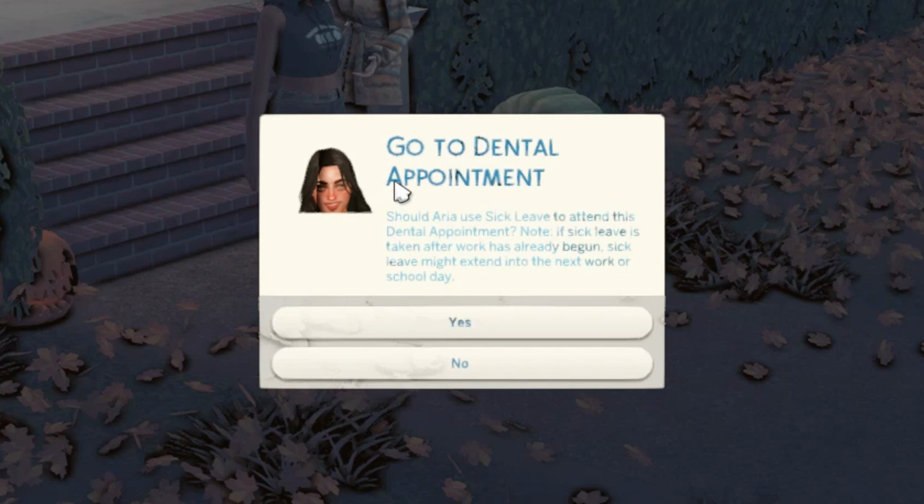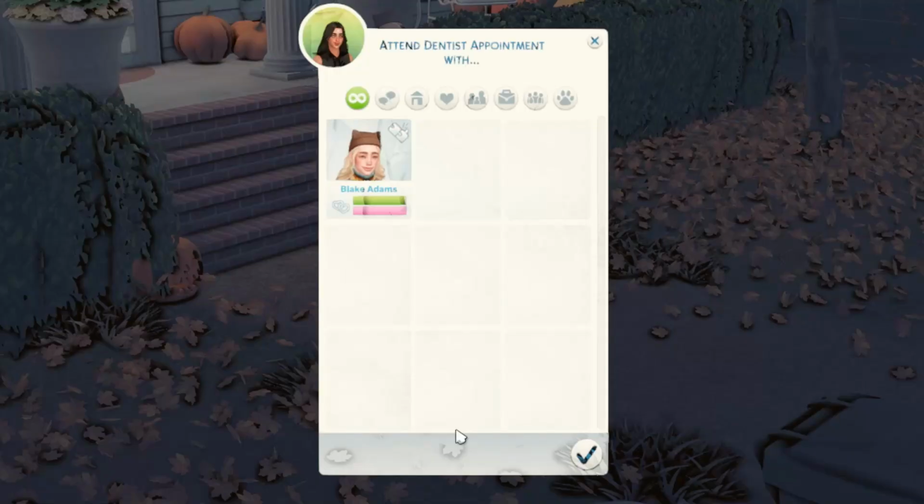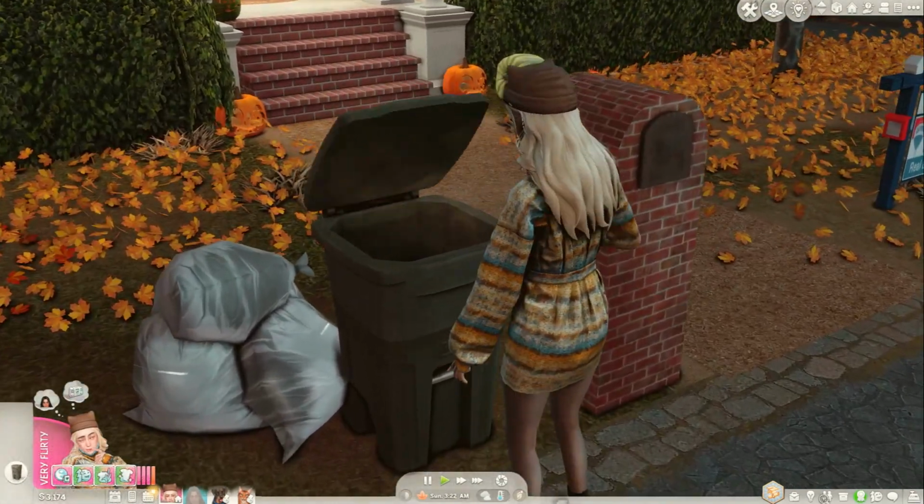So now there's a menu pop up that says go to dental appointment. Should Arya use sick leave to attend this dental appointment? Which is also very nice and realistic because sometimes you do have to take off of work or school to attend an appointment. So I chose attend, and now there's an option to attend the appointment with someone. While we're waiting, I'm going to go ahead and show you guys that